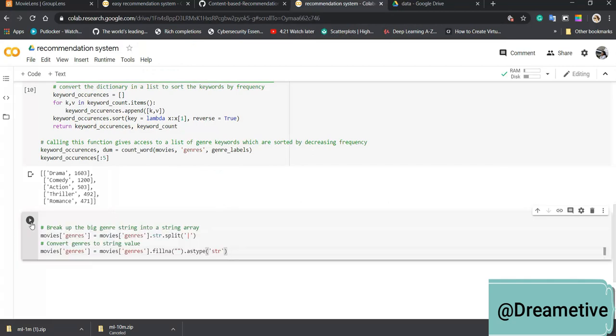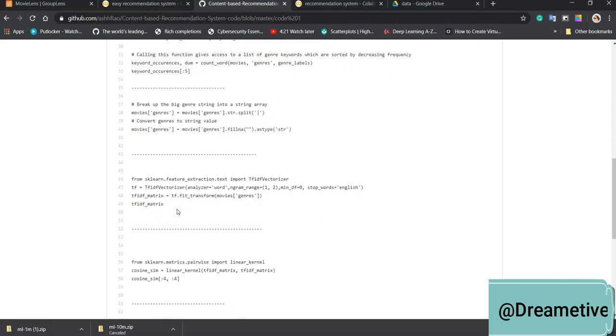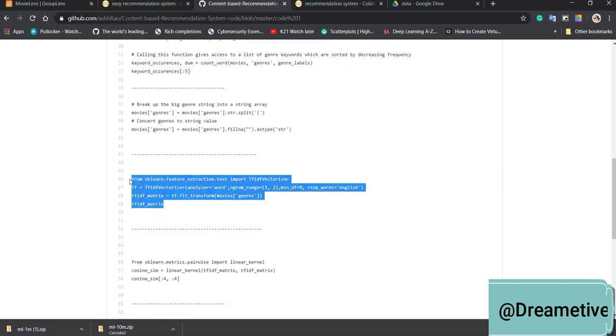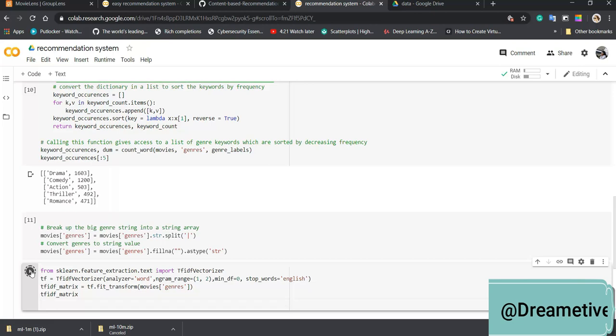Once we are done with that, we have to break the genre string into a string array, and then convert genres to a string value. We are going with the movie dataset. Now, since we are dealing with the TF-IDF vectorizer function, we have to import the sklearn library, where the text will be converted into feature vectors so we can take input.